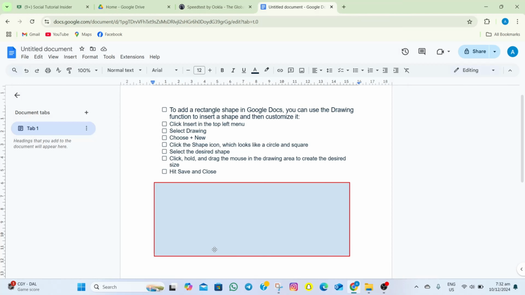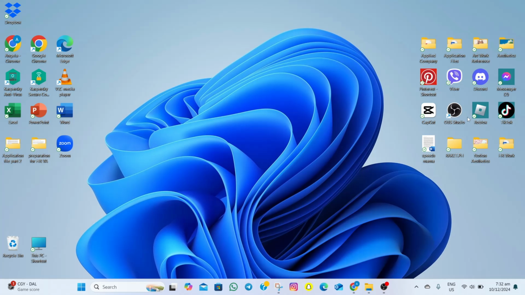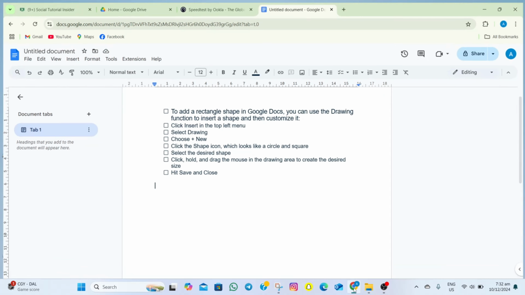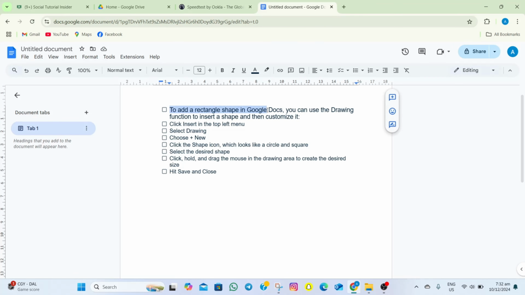How to add a rectangle shape in Google Docs. So to start, we'll just have to open a sample Google document, and then in here, how do we add a rectangle shape? To do that, we'll just have to go on top, and then in here, tap on this